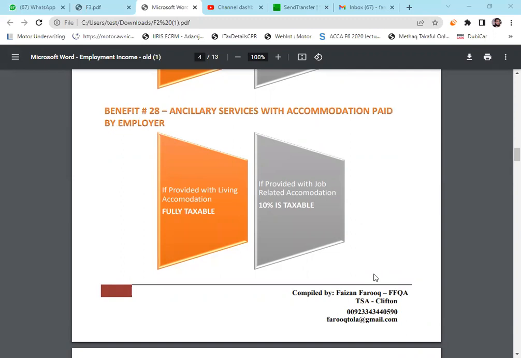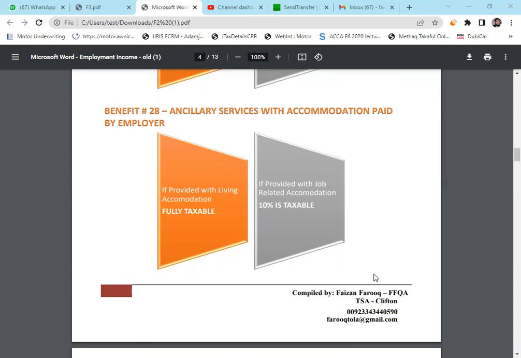Ancillary services means that expenses related to accommodation are paid by the employer. For example, heating, lighting, cleaning, repairing, maintenance, decoration, these types of domestic expenses of accommodation. Meaning the employer is providing you an accommodation plus he is also taking care of household expenses. If the employer is taking care of all these expenses, this is a taxable benefit, but